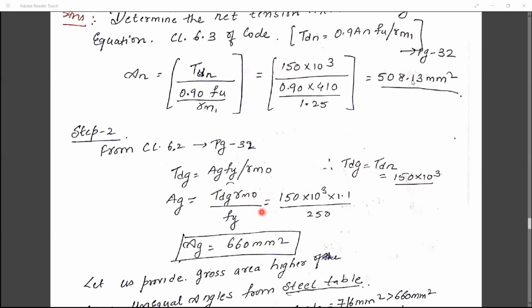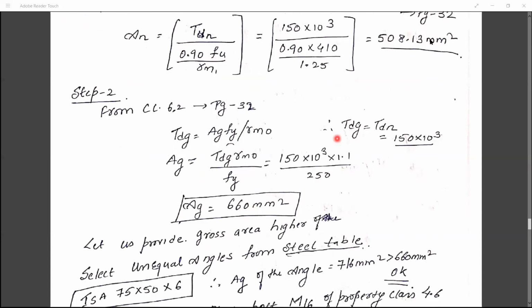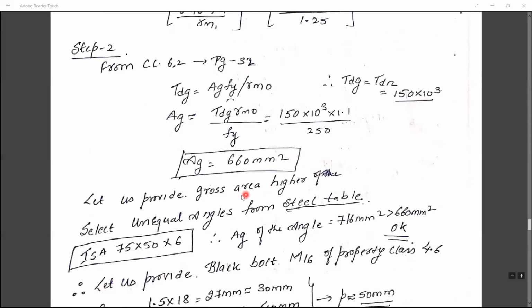But see, if you compare net sectional area and gross area, you need to take the more of these two. Don't take the smaller value. Take the more of these two. Why we need to take the more? Because you will not get rupture failure in future. If you take the larger area now, later on you will not observe the rupture failure. If you start considering the smaller area and design your problem, what will happen in future? Your design will fail. So for that purpose, you need to select the higher value. So here, take the higher value as 660 mm square.